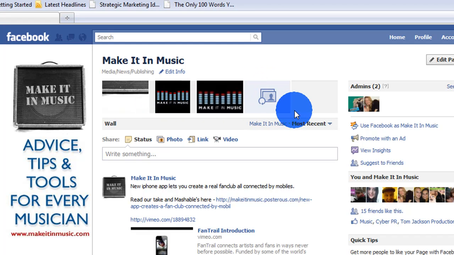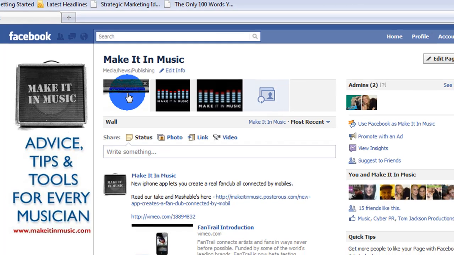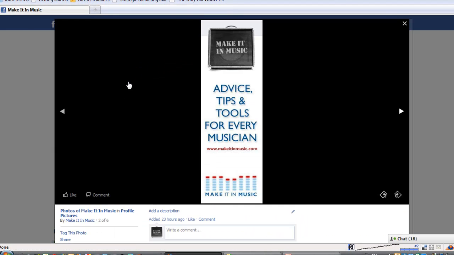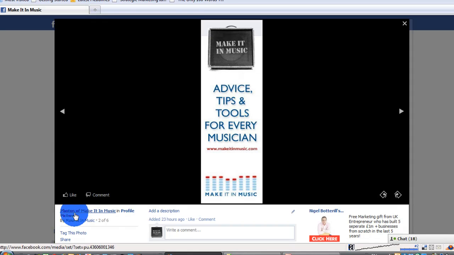And the other thing we're going to do is we're going to use them as adverts. Now, the reason we're going to use them as adverts is that when you click on any photo now on Facebook, they have this new feature called the photo viewer. So I'm going to click on this, and you'll see that it brings it up in this viewer. So when we do this with the photo strip pictures, that's going to bring this up, and we are going to be able to